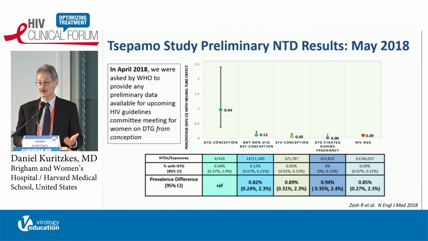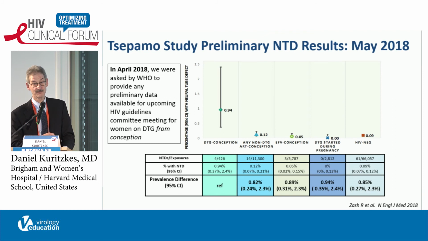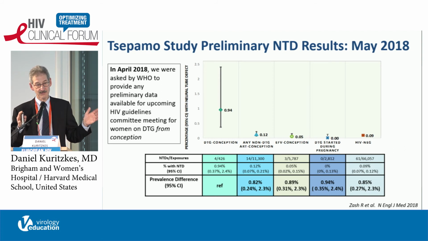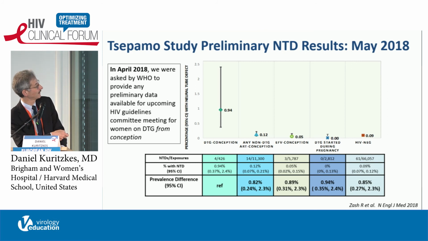And to everybody's great surprise, what they found was that there was an excess of neural tube defects in the babies of women who had received dolutegravir during the conception period, so at the time they were becoming pregnant or in the first few weeks of pregnancy, compared to women who never received dolutegravir or those who received dolutegravir later in pregnancy. And what you can see is that the rate was 0.94%,